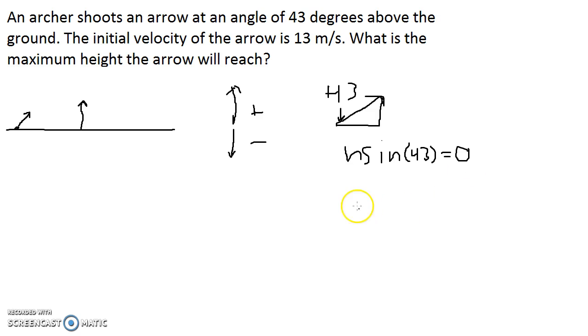So we can just plug in what we know, which is 13 times sine of 43 degrees is equal to the v, and we'll use a y subscript. So next we